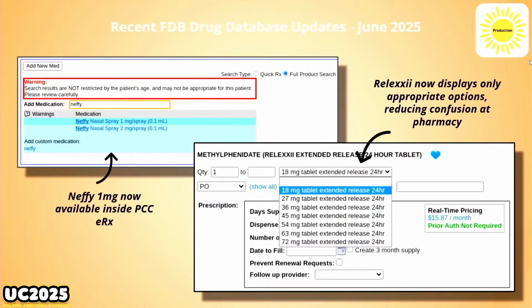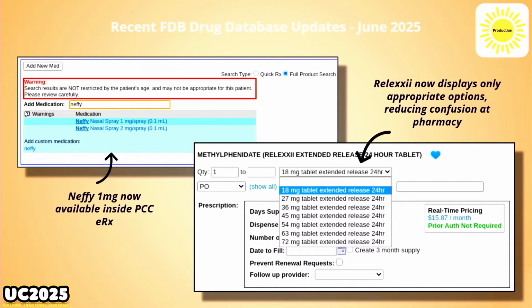This is just a couple things for solutions for support issues. We did add Neffy 1 milligram within the last month, but it sounds like Neffy's causing trouble. Okay, maybe not as much trouble as we thought, but I think this fixes it. Once a month, we get the drug data updates from First Data Bank, so things might go off the market or they change a little bit, and sometimes new stuff comes to fruition. So we were getting phone calls for a good month or two saying, I know Neffy exists, and it just wasn't in the database yet. So if you ever find yourself looking for it, hit full product search, and if it's still not there, let me know, because I'd love to look for it when the next drug database update comes through.